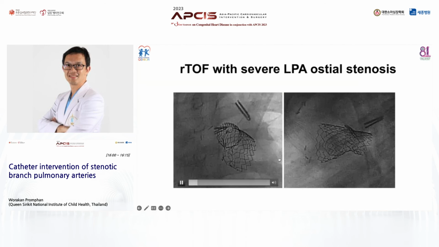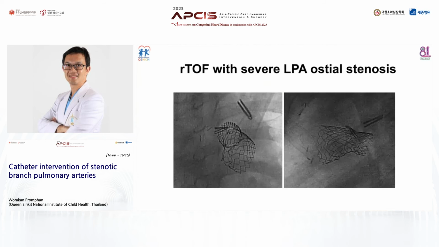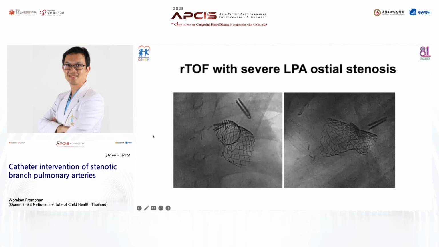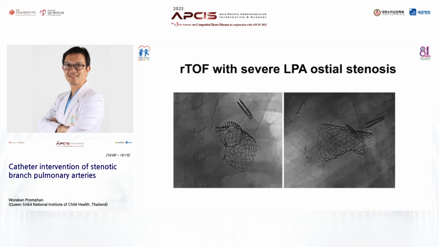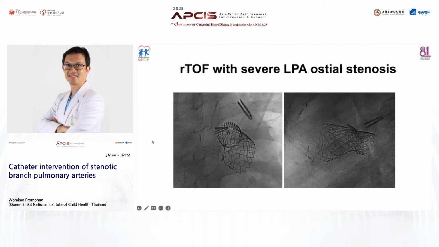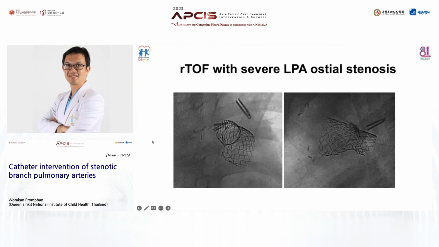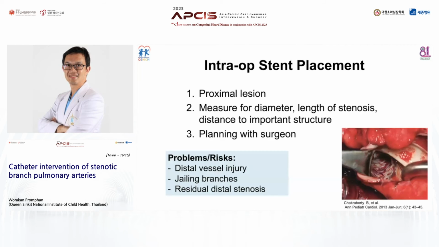So now the flow can go to both left and right pulmonary artery without obstruction. So this is where you can use the double balloon technique in order to tackle this complex obstruction near the bifurcation. Intraoperative stent placement, of course, is something you need to discuss with the